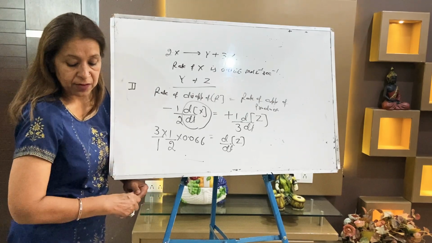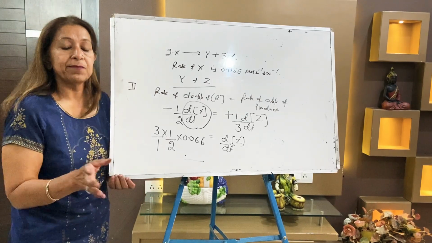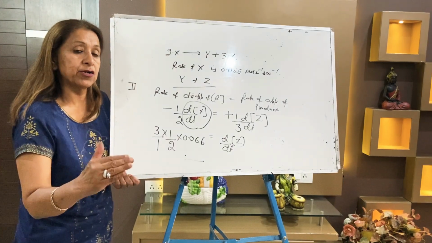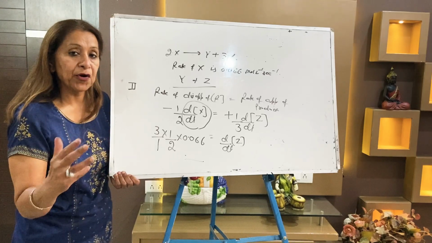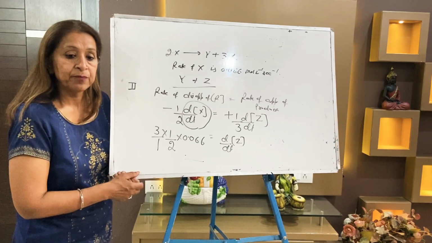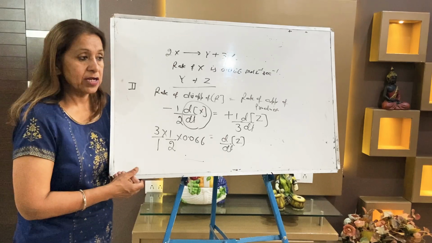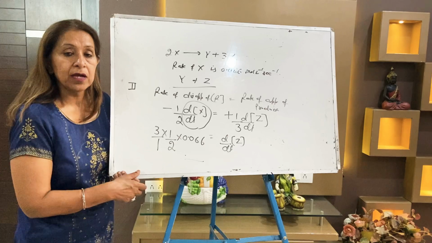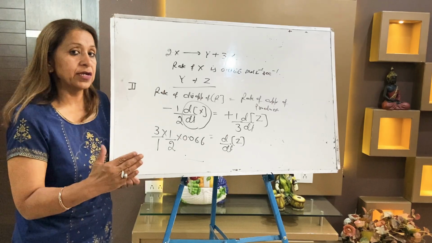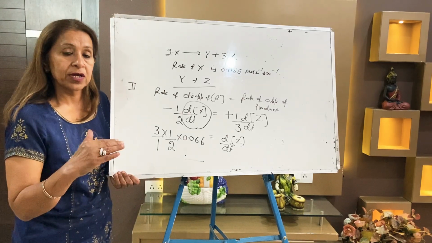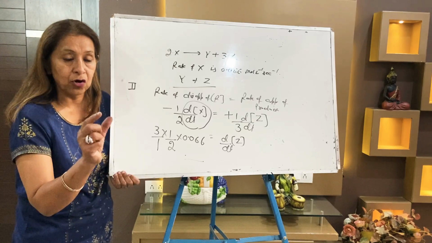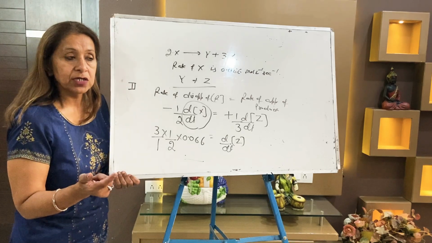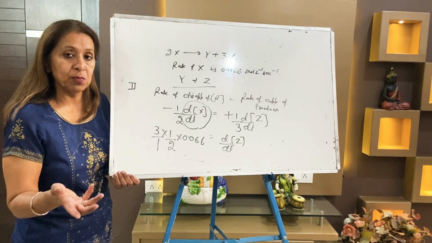So what have we covered in the first topic? We started the chapter chemical kinetics. In chemical kinetics, we will study the rate of reactions, especially moderate reactions. There are two types of rates, average and instantaneous. Which rate is preferred and why? Always say instantaneous. Why? Because in average rate the time interval is more, so the concentration changes after a long time interval. So what is average rate? It is C2 minus C1 by T2 minus T1.